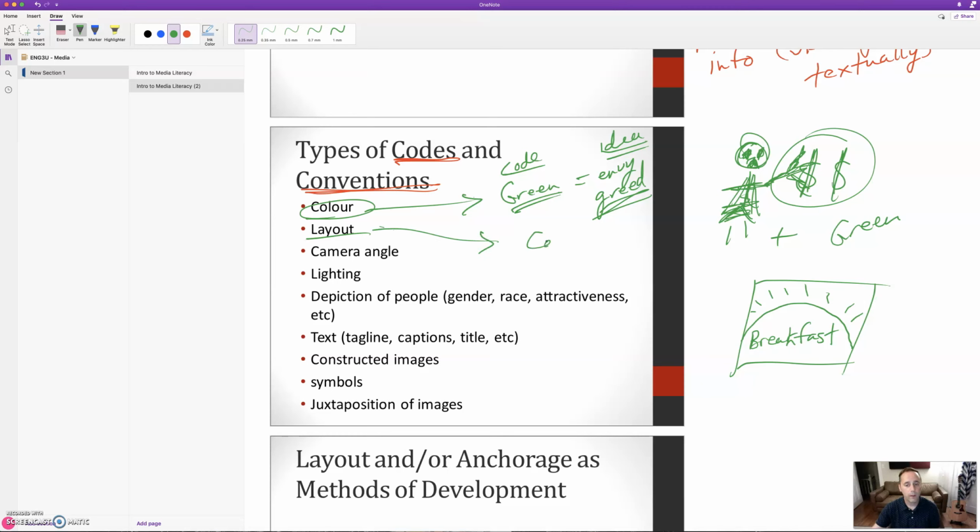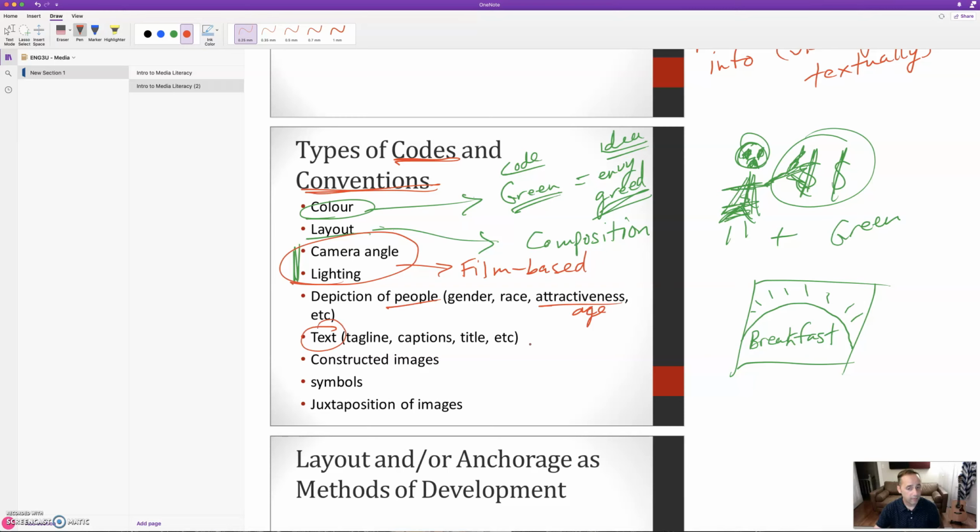So layout has to do with the composition of the page. Camera angle and lighting, right? These are in film-based media. How do they depict people, right? Could be their age, their race, are they attractive, etc.